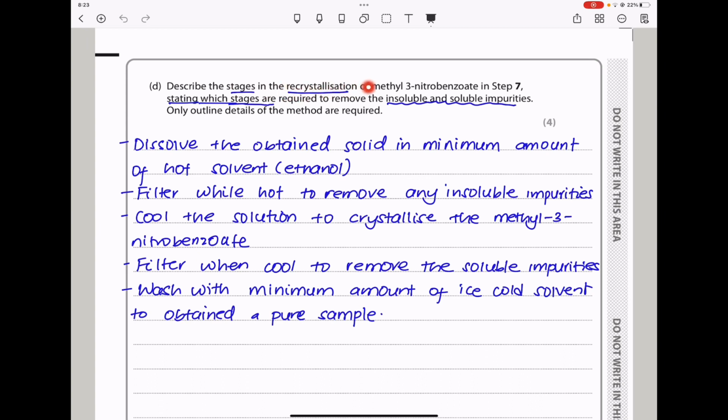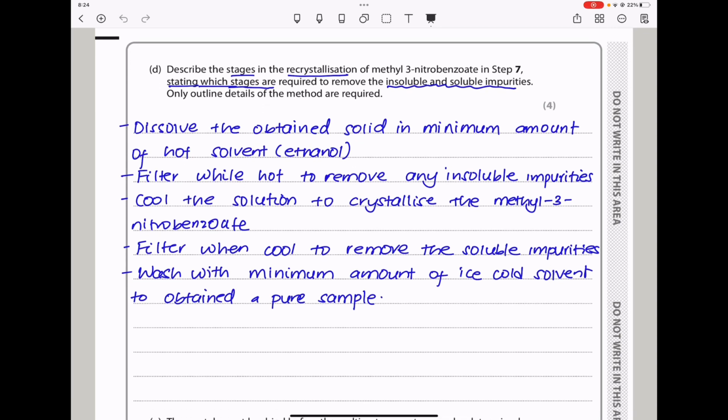Describe the stages in the recrystallization of methyl 3-nitrobenzoate in step 7, stating which stages are required to remove the insoluble and soluble impurities. Only outline details of the method are required. Here we begin by dissolving the obtained solid in a minimum amount of hot solvent, which is ethanol, and then you filter while hot to remove any insoluble impurities. Then you cool the solution to crystallize the methyl 3-nitrobenzoate, and then you filter when cold to remove the soluble impurities. Then if you want, you can wash with a minimum amount of ice-cold solvent